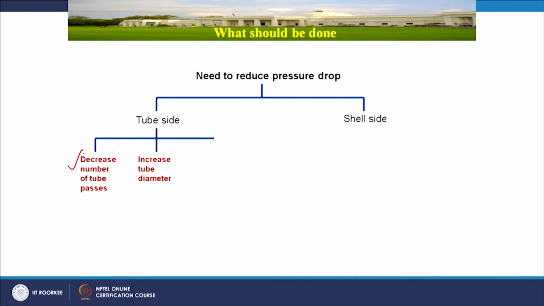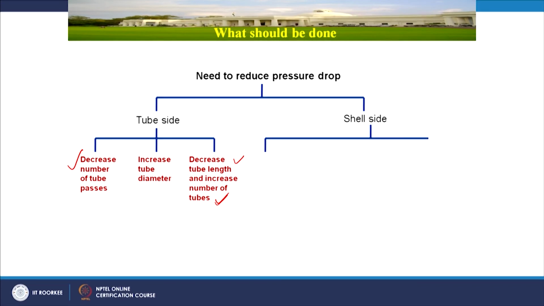Okay. And second is to decrease tube length and increase the number of tubes. Considering this, you can calculate, and you can reduce the pressure drop in the tube side. However, how can I reduce the pressure drop in the shell side? Considering